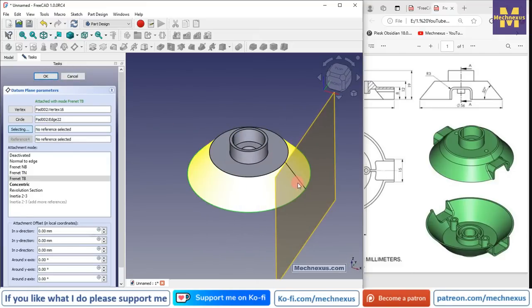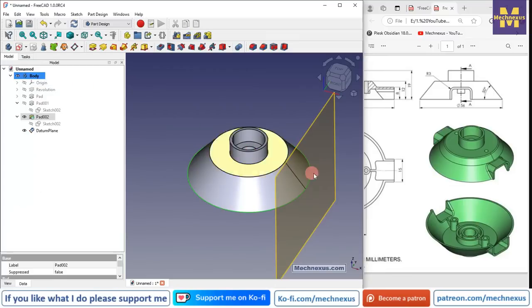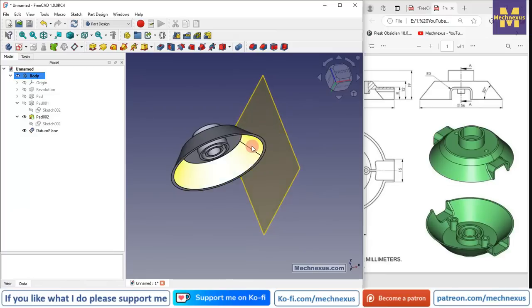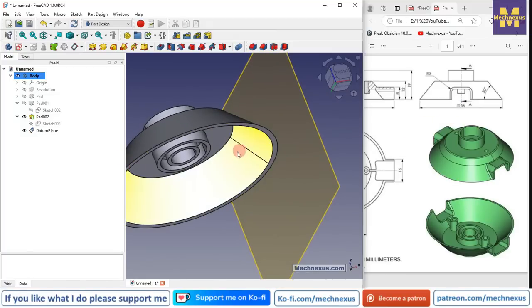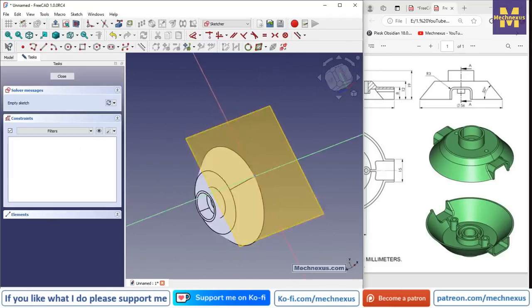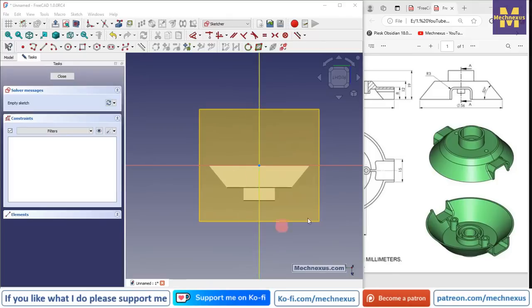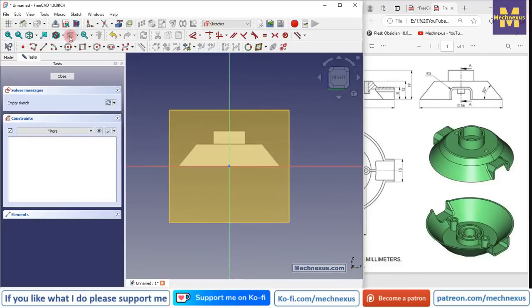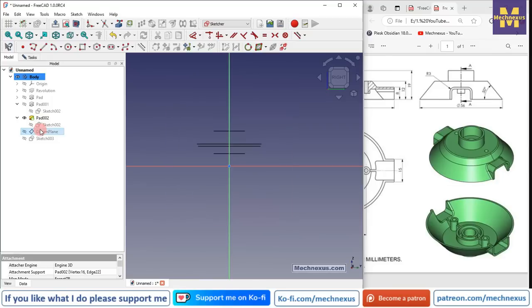Once I modify this diameter, my plane will get automatically modified. So giving a distance plane is not a good idea, because now this plane has been linked with my diameter, which is 56. Now I will say rebuild, select this plane and click on the sketch, and now I will create my profile. Say isometric, switch to the right view, switch to the wireframe, go to the model and hide this datum plane. And now here